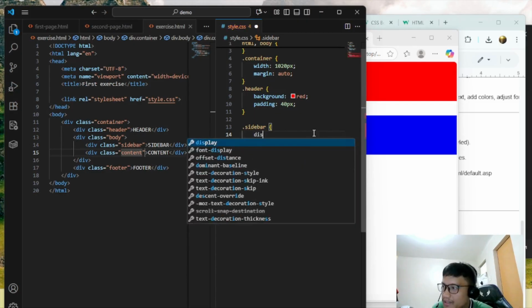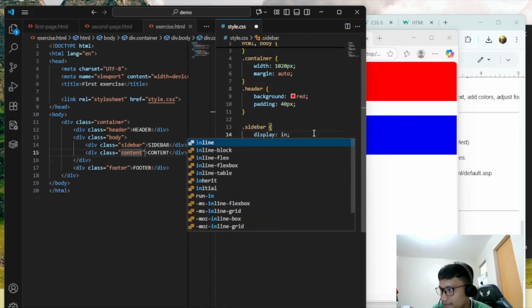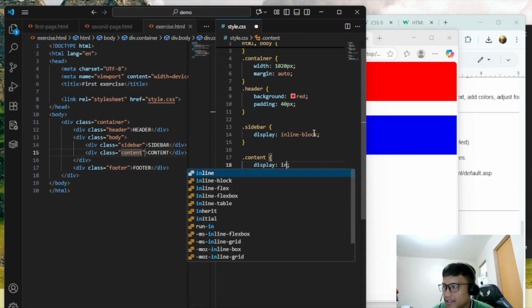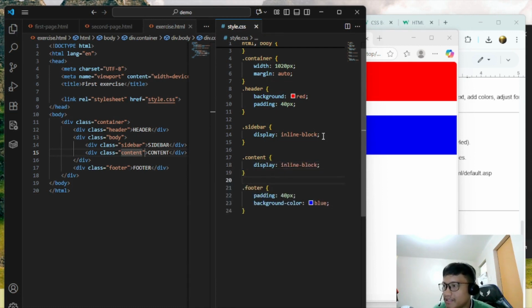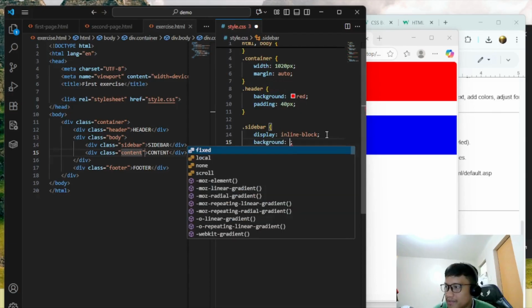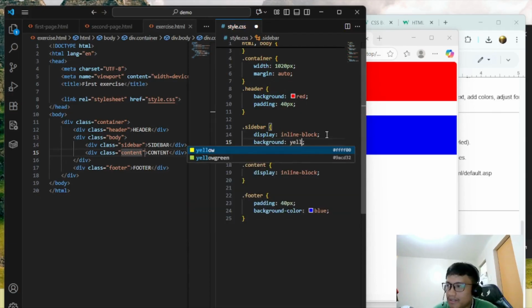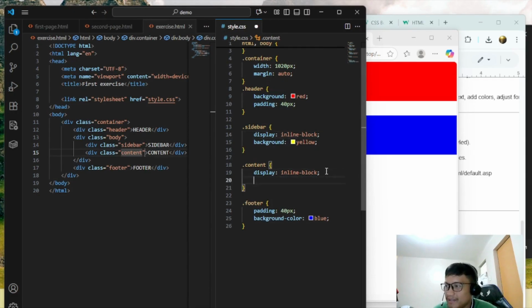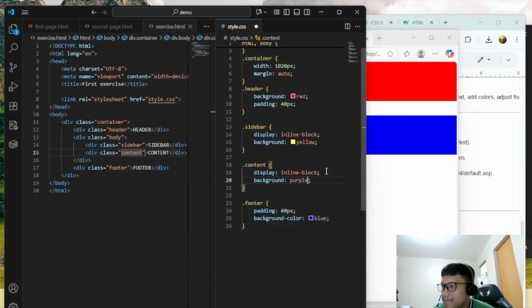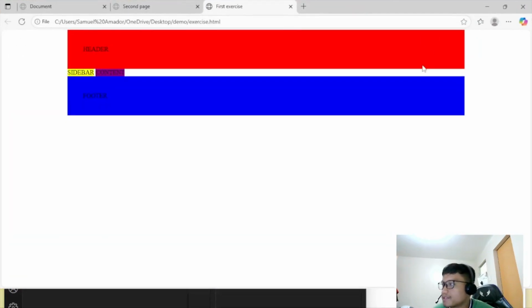So we will be using display inline-block for now. And then also the content display inline-block. All right. So that we can see the difference between the sidebar and the content, let's also put background. Let's say yellow, and then the content would be purple. Refresh. Okay.